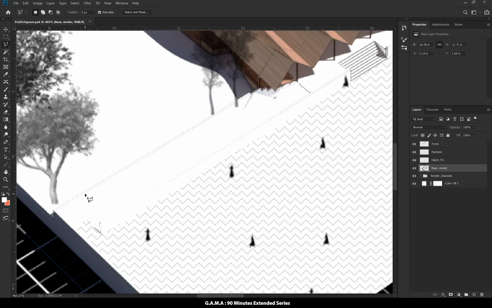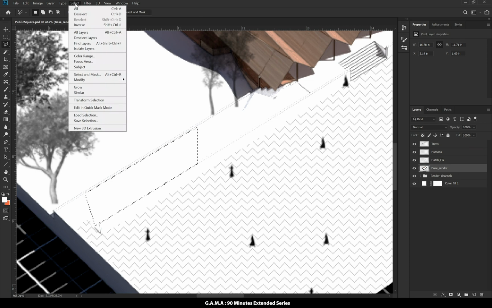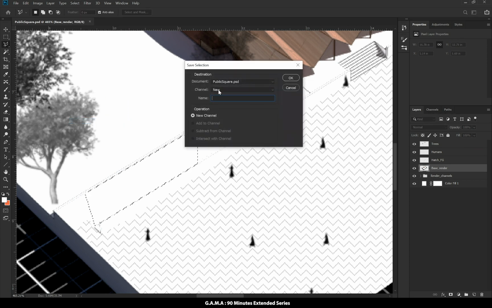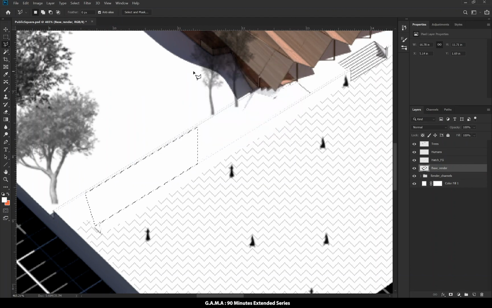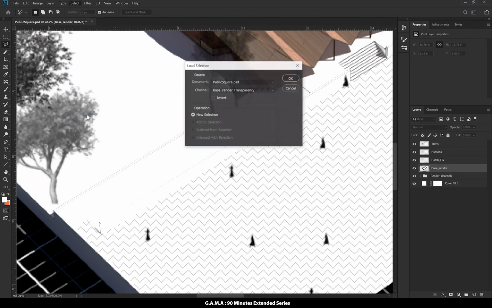What you can do is, whenever you're selecting something like this, go to Select at the top and choose Save Selection. Now you can name this as example. Let's say hit OK. Now even if this gets deleted, I can go to Select, Load Selection,